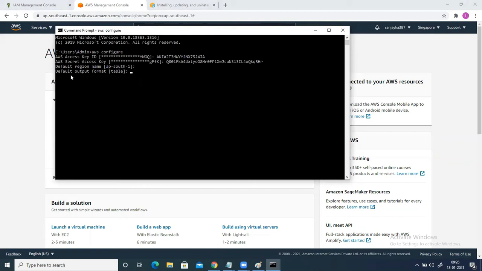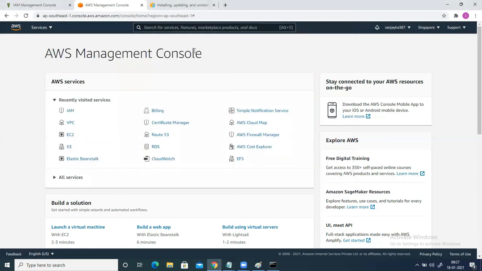Now it is asking me what is your output format. Whenever you type any command, in which format do you want the output? Do you want it in table form? Do you want it in text form? You can mention that here. Right now I'm going with the table option, so click on that and hit enter, right? Now I'm connected to the backend AWS infrastructure, and any command I run without a region will be executed inside the Mumbai region. So what I will do now, let me go to this portal